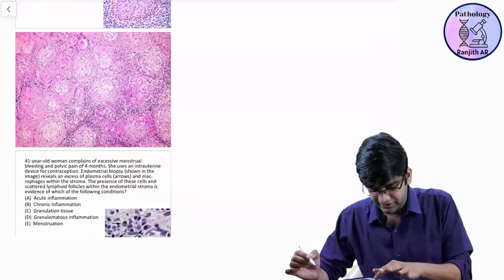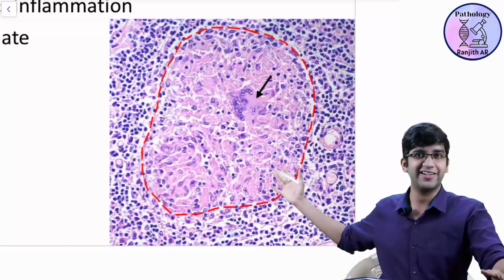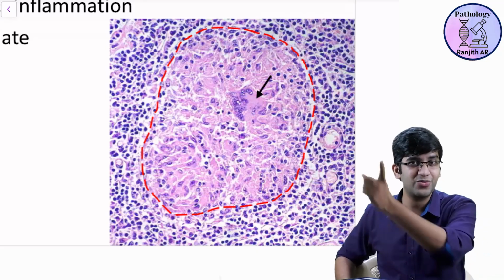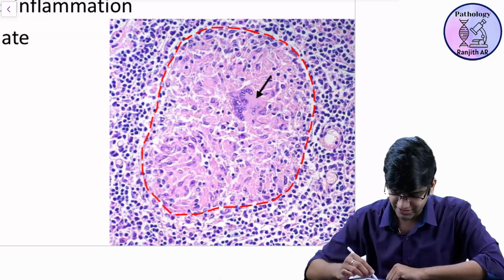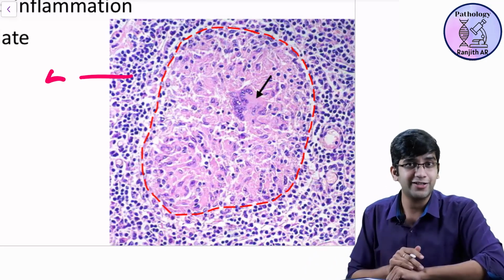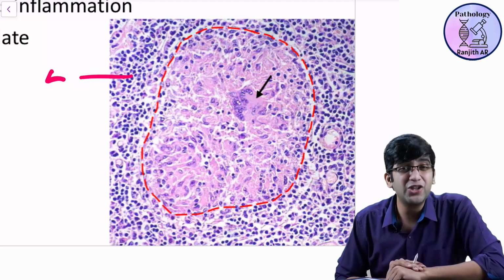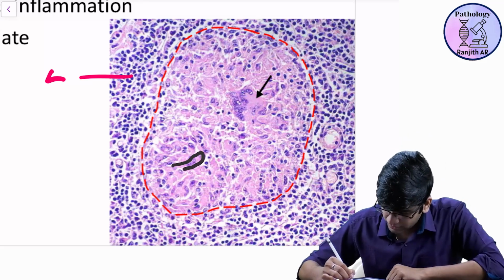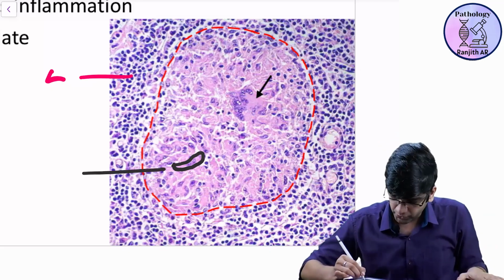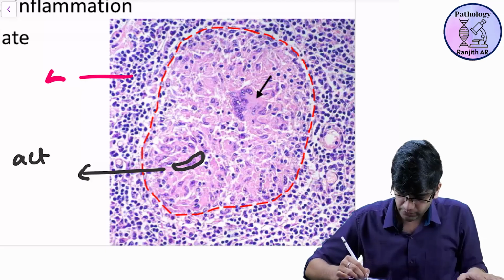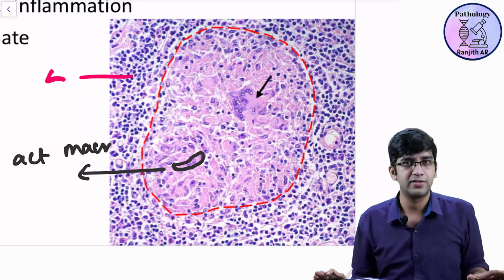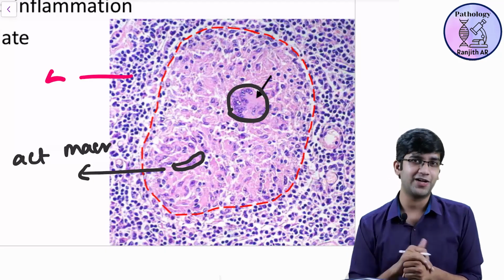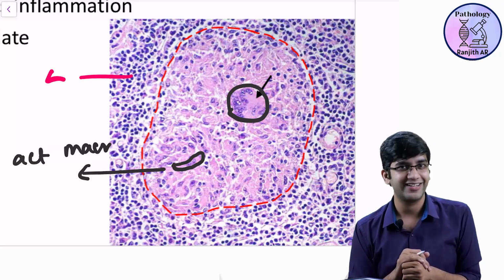Perfect granuloma. That's how a perfect granuloma looks. Look at this guy. Everything you read will be there. Look at the surrounding corners. Small round blue cells, lymphocytes. Right? Look at the center. What color? Pink or blue? Pink. Because they are epithelioid histiocytes. More pink cytoplasm, all these guys. I'm just drawing one guy alone out for you, standing it out. All of them are your epithelioid histiocytes or your activated macrophages, or epithelioid cells. There's one big guy, right? Who is this? Giant cell. Granuloma. Is it simple? It's very simple, right?